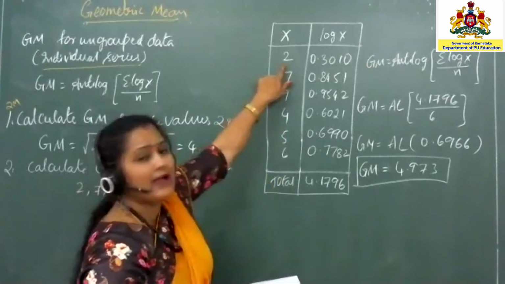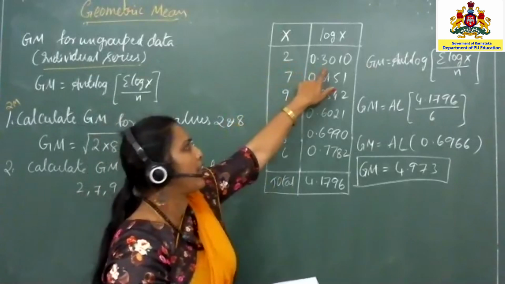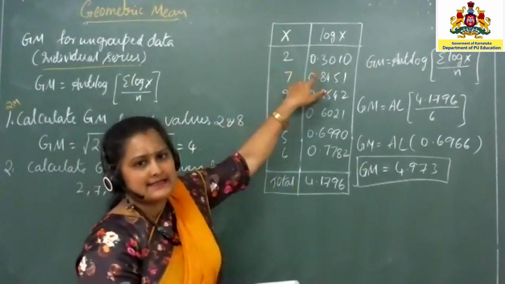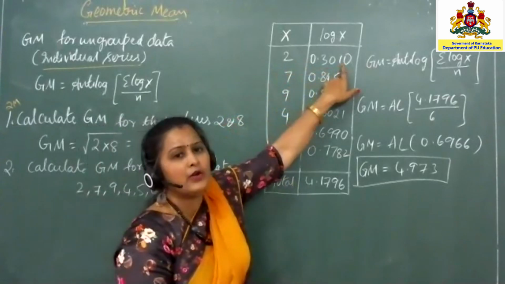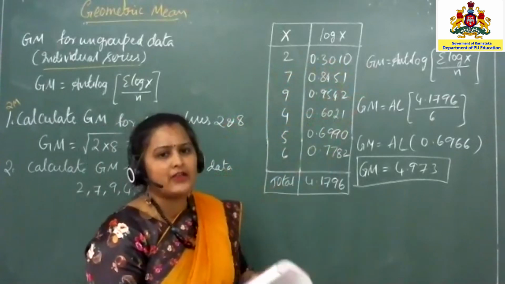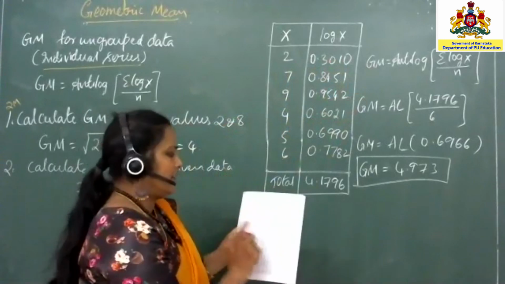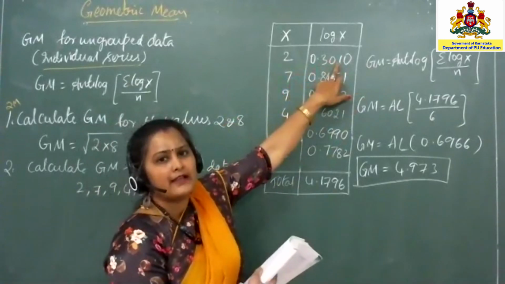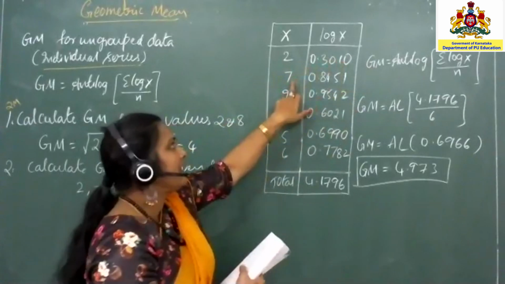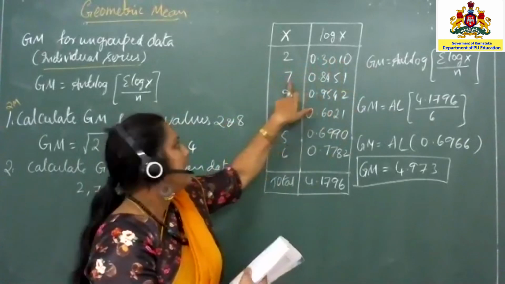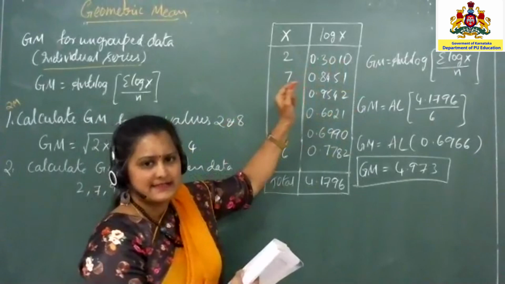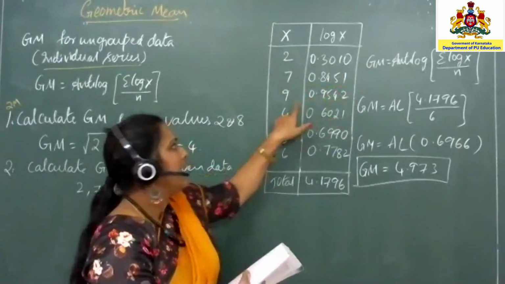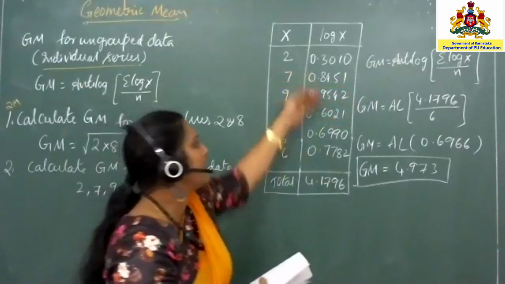If you have 3 digits, you should write 2 point. Because now you have only 1 digit, you should write 0 point, and you should see the value 20 under 0, and then write whatever value is given in the logarithm tables. So 20 under 0, you got 3010. Then 70 under 0, you got again 0 point, because it is a single digit. You are writing 0 point and 8451 and so on. So you have written all the values.